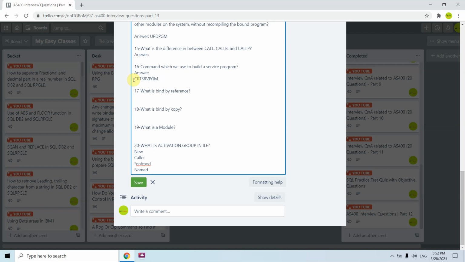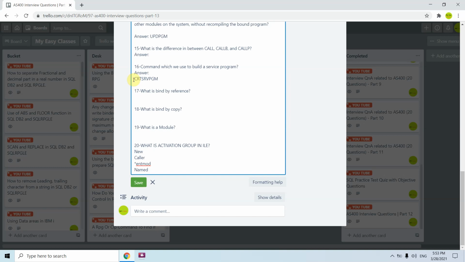Now there is an option when we create the program, that is *ENTMODULE. Whenever we specify *ENTMODULE, if that is an RPGLE, CLLE or COBOL CBLLE program, then it basically picks the activation group as QILE.